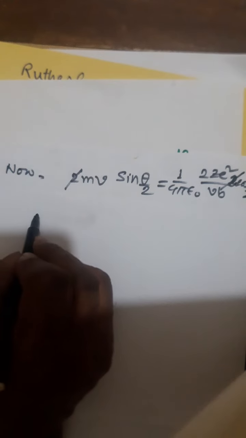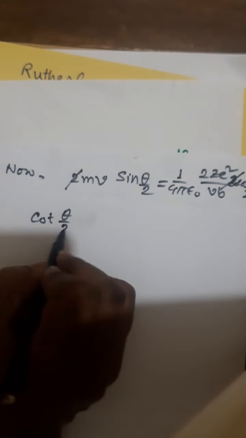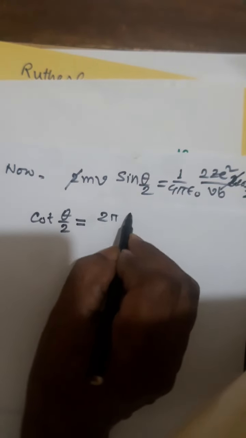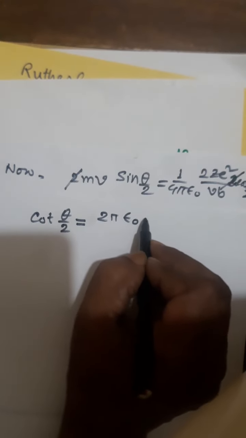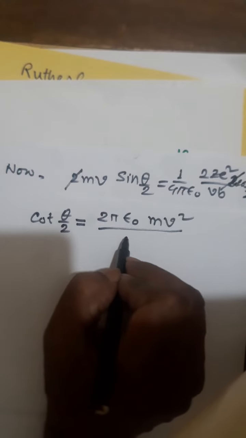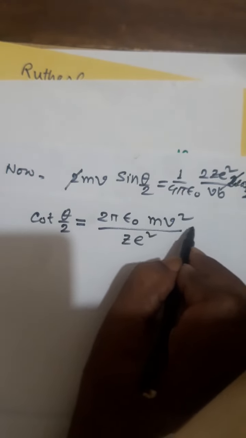Now twice mv sin theta by 2 equal to 1 by 4 pi epsilon naught, 2z square divided by vb, into 2 cos theta by 2. The factor 2 cancels out. From this we can write cot theta by 2 equal to twice pi epsilon naught m v square divided by z square into b,